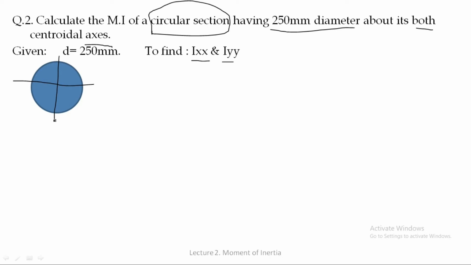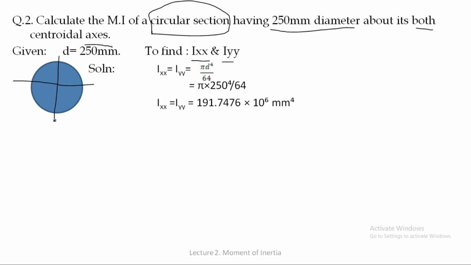Now, in case of a circle, the moment of inertia about the horizontal central axis and the vertical central axis is the same. The formula is the same, that is Ixx is equal to Iyy, and that is equal to pi by 64 d raised to 4. So what you have to do is just put the value of d in that given formula, and then you can find out the values of Ixx and Iyy. Okay, so Ixx is equal to Iyy, and that is equal to